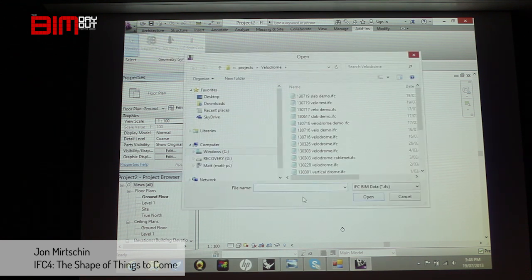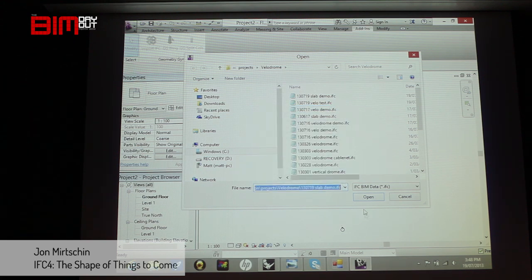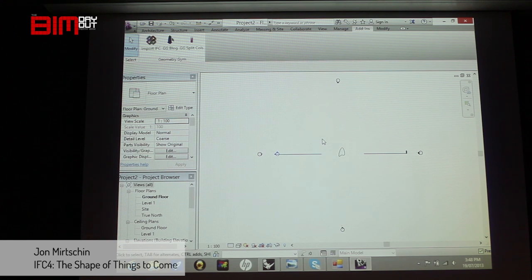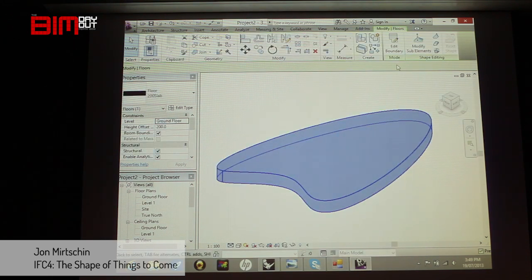So here I can then just choose that IFC file that I just created. Okay, and I guess because a lot of coordination, fairly primitive geometry objects have been used in IFC to date, also then the quality of the Revit model that you get using that is not particularly strong. So you get a lot of generic model in place masses. You want to go edit your model downstream, and then you're stuck with basically deleting that object and creating a